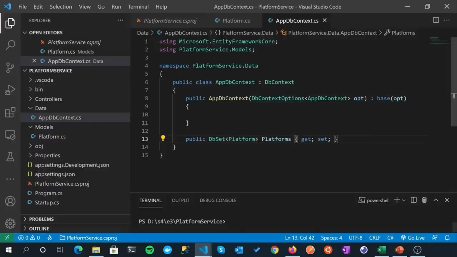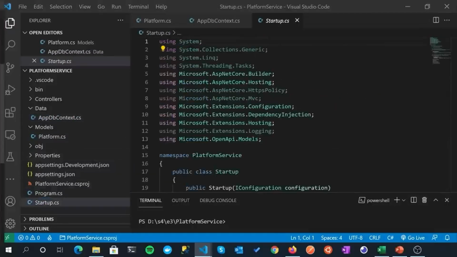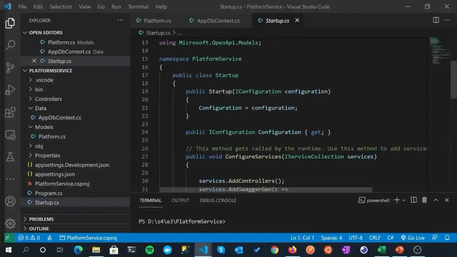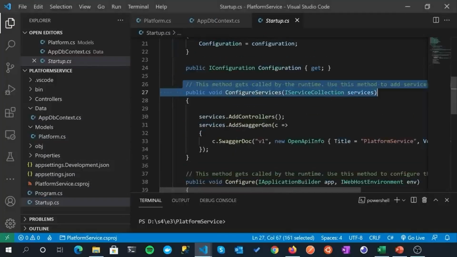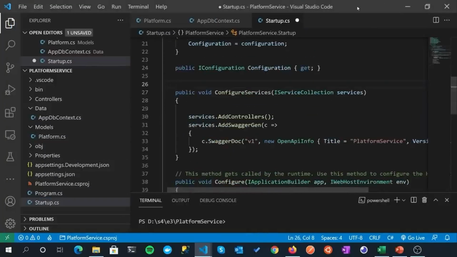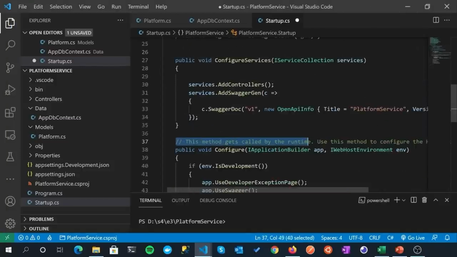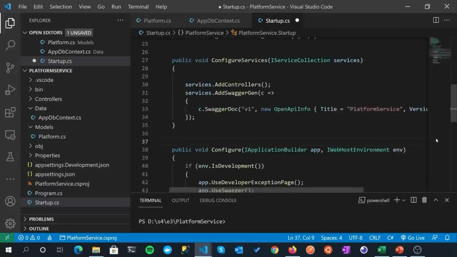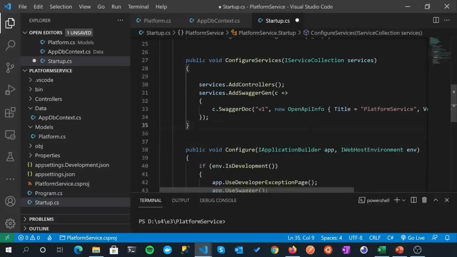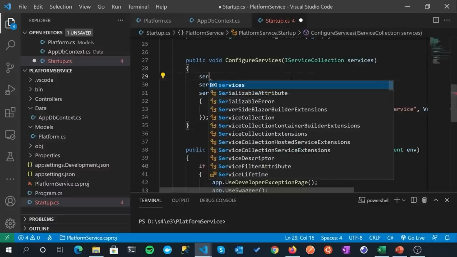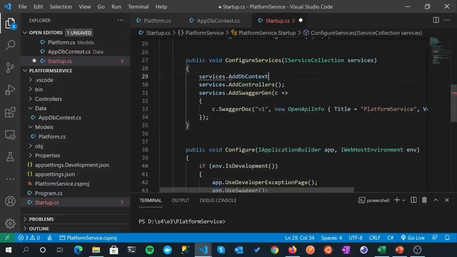Then what we need to do is register it over in Startup. So let's do that now. In our ConfigureServices method, we want to add that in here. I'm just going to take these comments out because the code looks busy enough at this level of magnification without additional redundant commentary. So yeah, we're going to put that in ConfigureServices, which is where we register all our services. No surprises there. So I'm just going to add that here, services.AddDbContext.